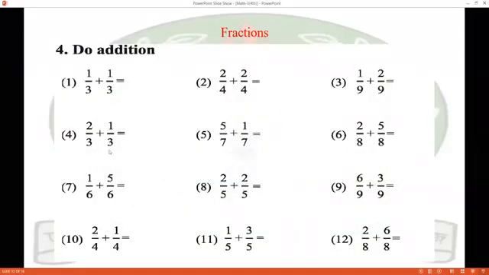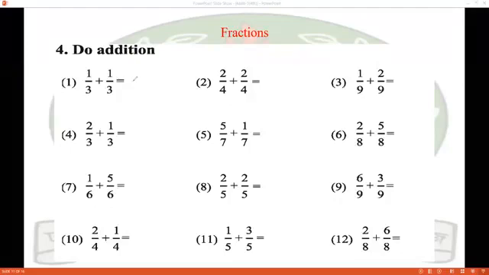So for addition, we already solved these types of math in the previous lecture, and you can practice in this section. We will solve one or two math from here, and the others you will solve at home. You can save it in your device by screenshot, or you can take this math from your textbooks.